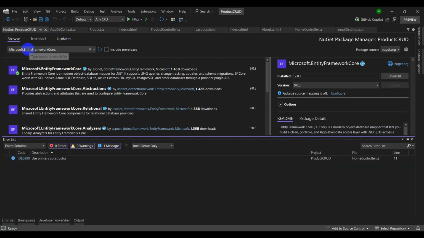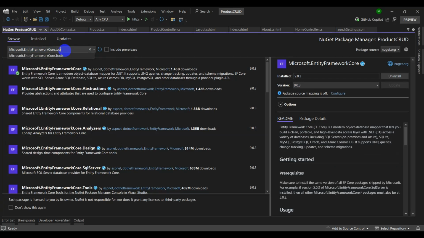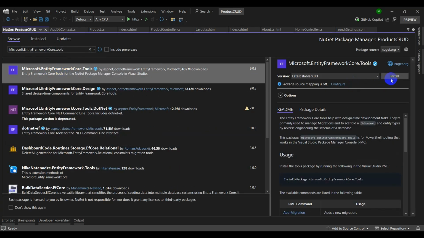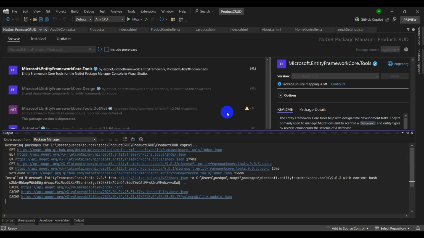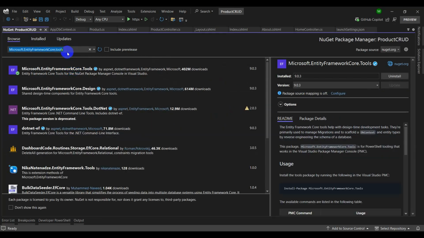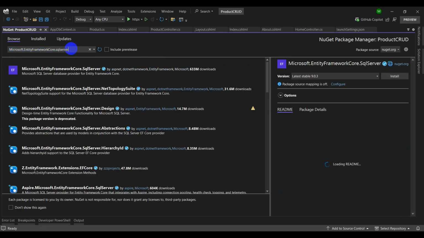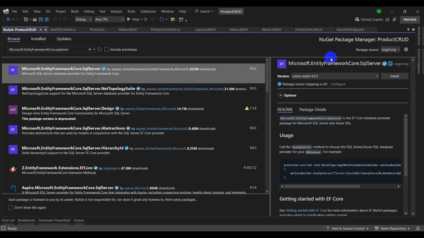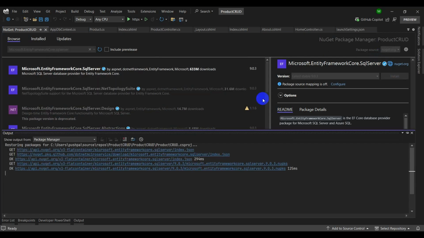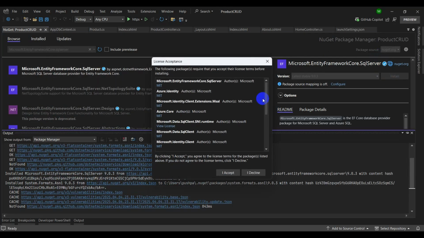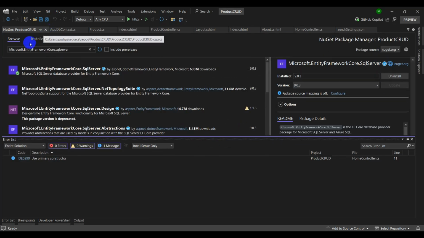Let's search for another, EntityFrameworkCore.Tools, this first one, and install. I accept. And another one, EntityFrameworkCore.SqlServer. Click this first one and install, and I accept. Now let's close